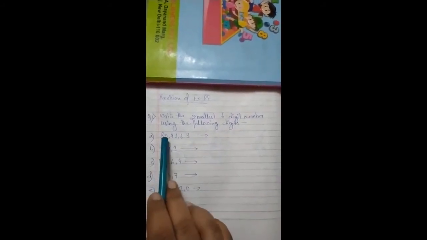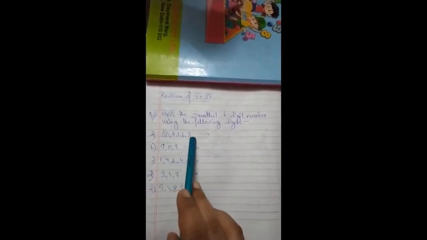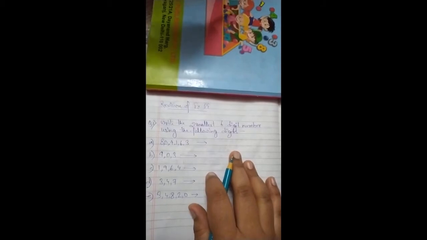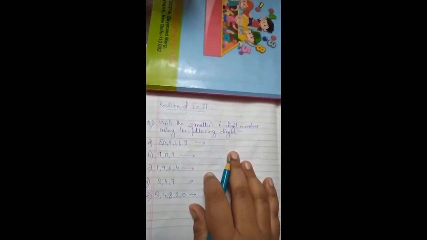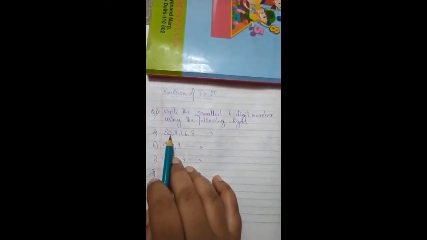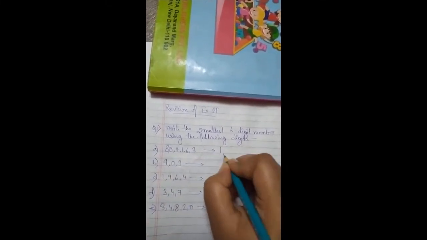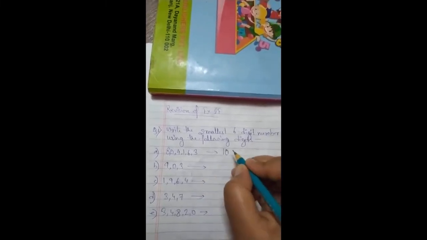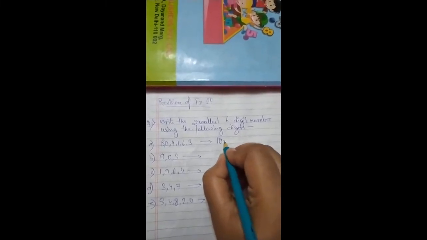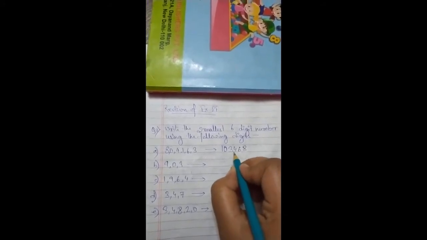In the first question, what is given? 804163. See, 6 digits are given, so we don't have to repeat any of the digits. And for making the smallest number, we have to arrange the digits in ascending order. But 0 is the smallest one over here, but we can't write 0 in the first place. So the next smallest digit is 1. So 1 will be in the first place, then we will place 0, and the rest of the digits will be in ascending order. So then we have 3, 4, 6 and 8. Now see, the 6 digit number is formed.